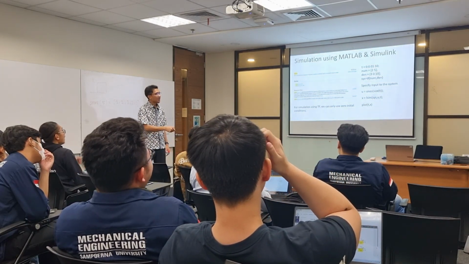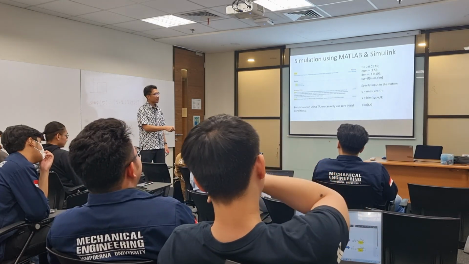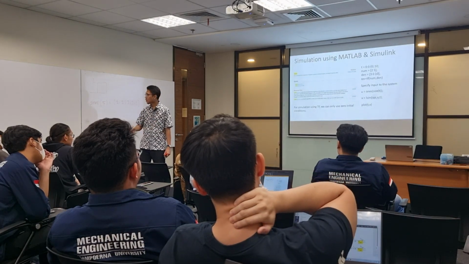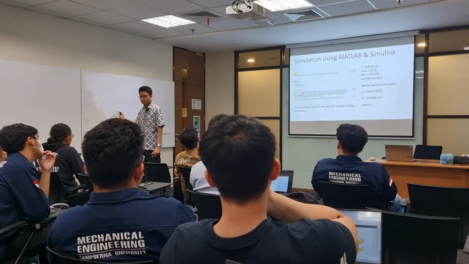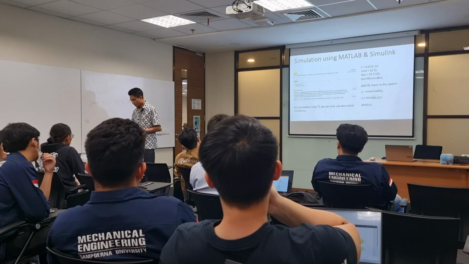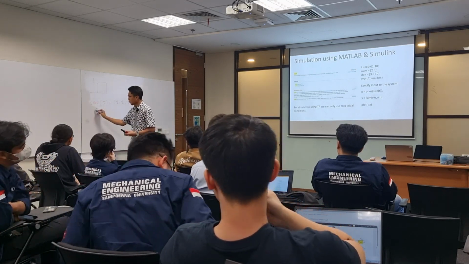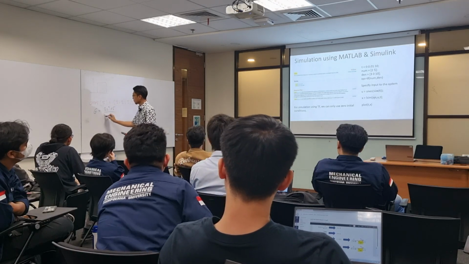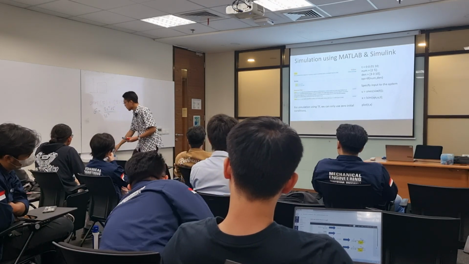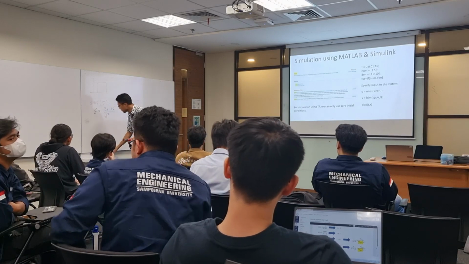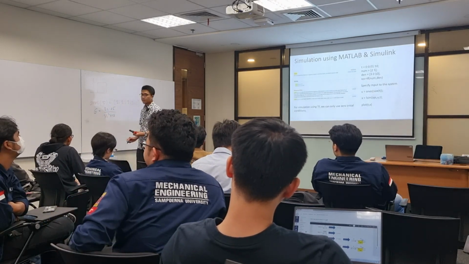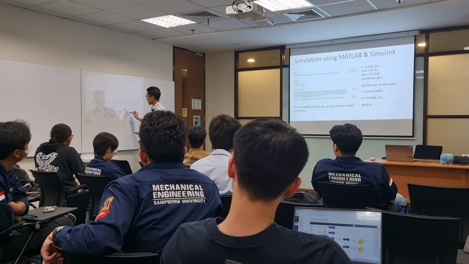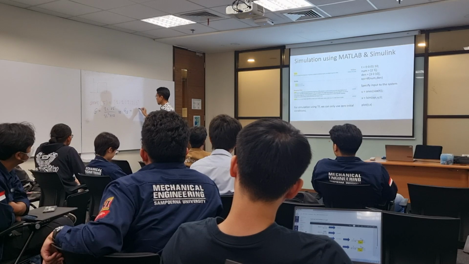Yeah, that means you just have to replace the numerator and denominator with the closed loop transfer function. Okay. So you write down what is the closed loop transfer function first. Yeah, let's say we know that the G is 3s squared plus 10. Okay. So you have to first create the closed loop transfer function, which is G